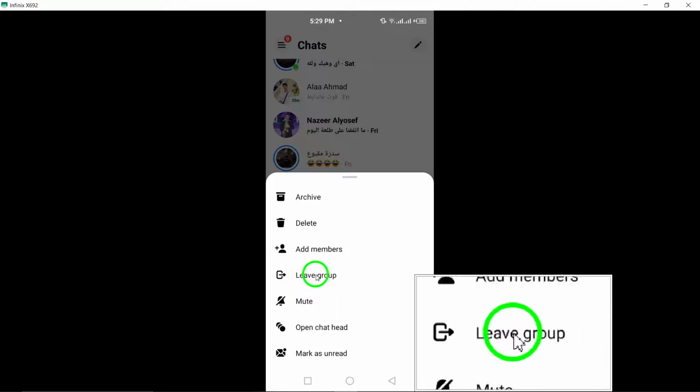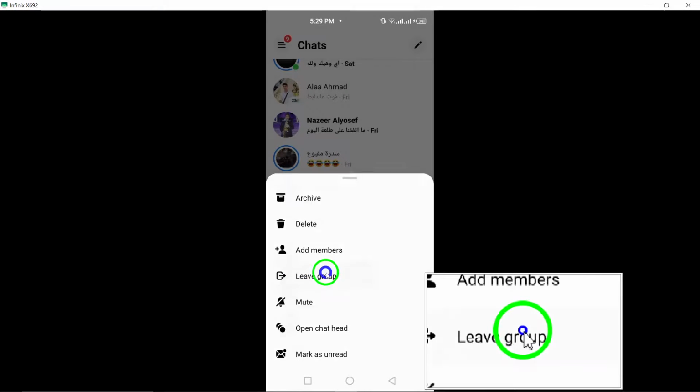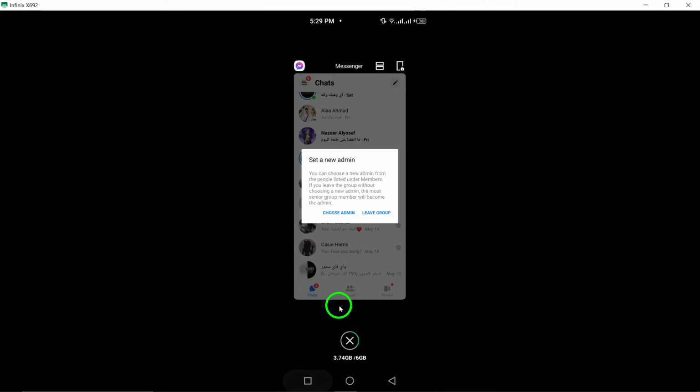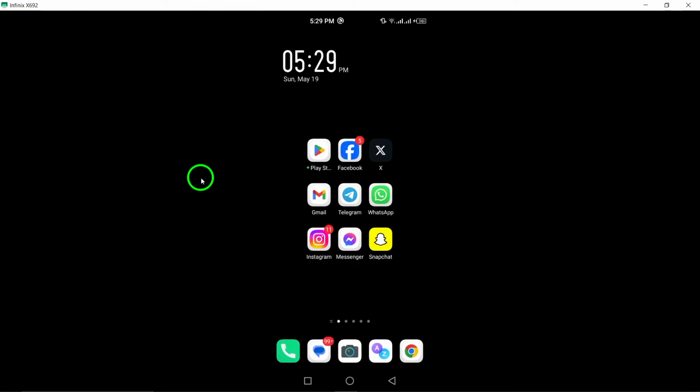Once confirmed, you will no longer receive notifications or updates from the group chat, giving you more control over your messaging experience. By following these simple steps, you can easily unfollow a group on Messenger and customize your chat notifications